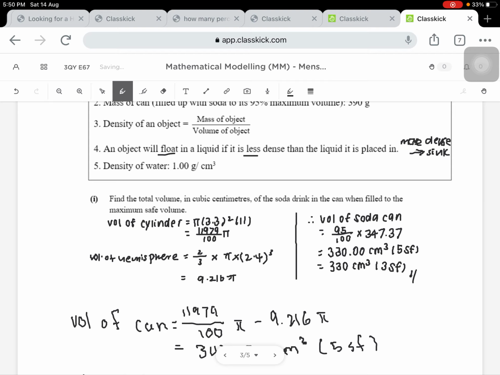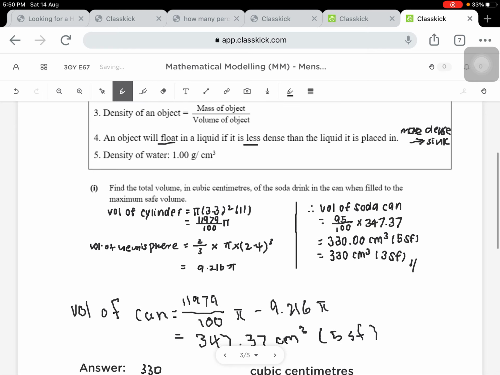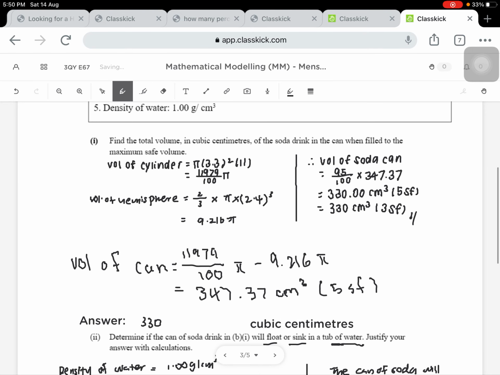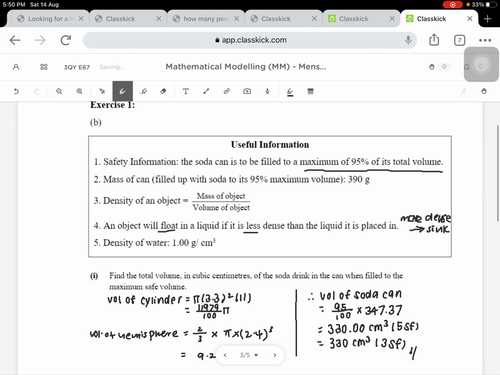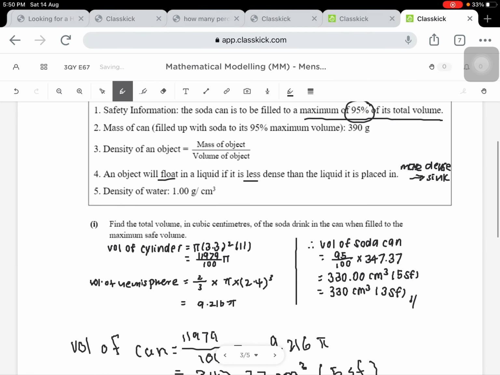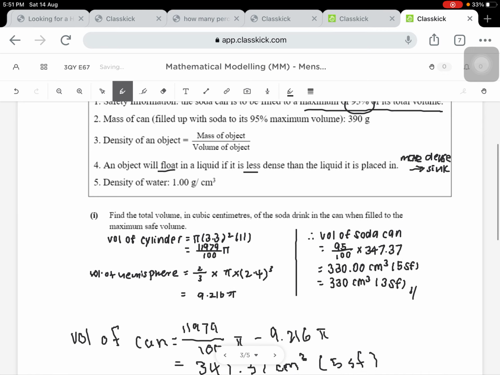Part I of the question tells us to find the total volume in cubic centimeters of the soda drink in the can when filled to the maximum safe volume. So here, from the useful information, we know that the maximum safe volume is 95% of its total volume. Firstly, we have to find the volume of the cylinder, which is the can, inclusive of the hemisphere. So we take pi times 3.3 squared times 11, and leaving our answer in pi, we get 11979 over 100